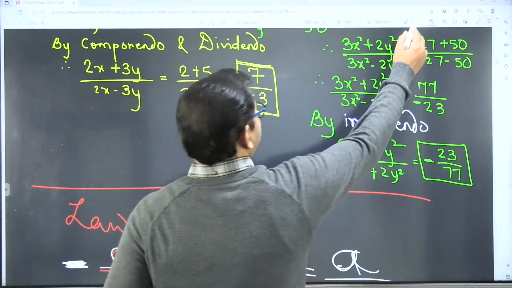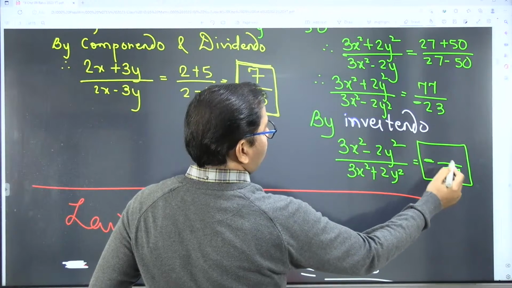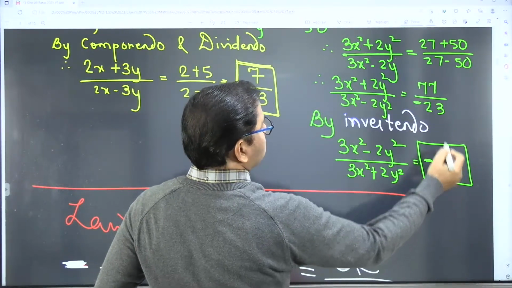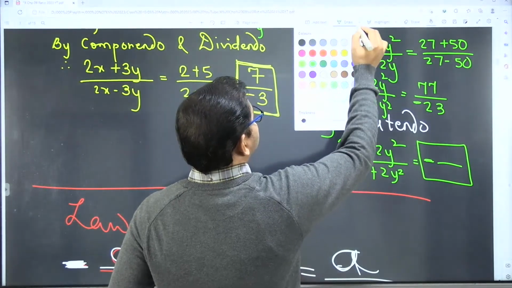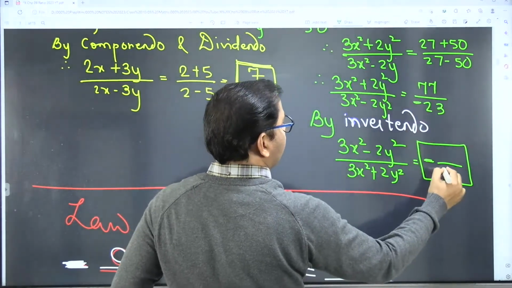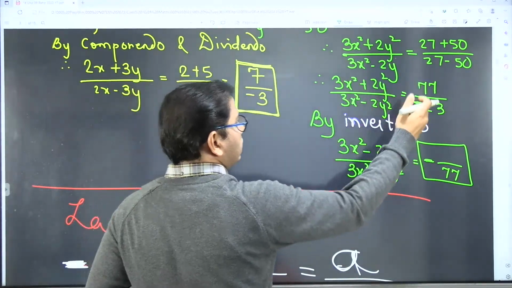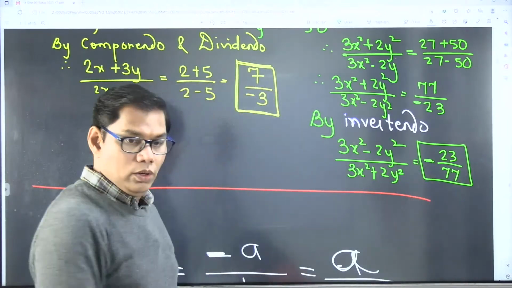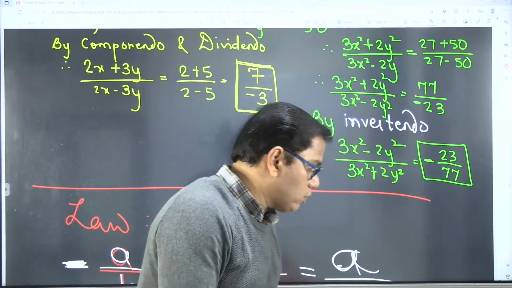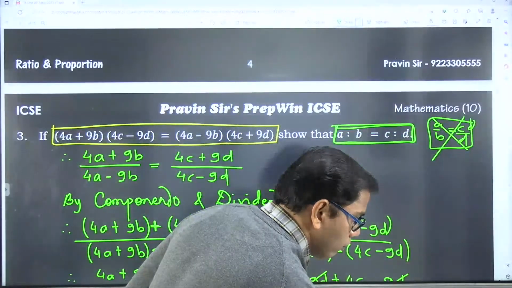Okay, here we have to do invertendo, right? यहाँ पर हम लोगों ने invertendo नहीं किया है. So the number will also change. ये 77 जाएगा denominator में because we have taken invertendo on the left hand side. So you have to take invertendo on the right hand side also. Have you understood this? Okay, so same thing here. What will be the answer?